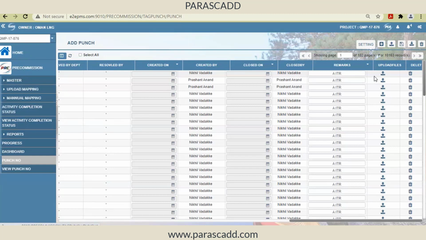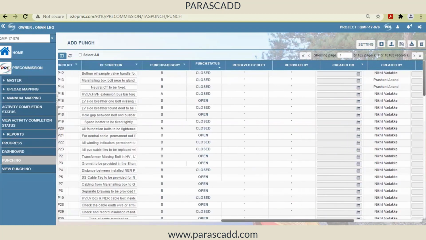So this is nothing but the copy of the document with respect to punch. If you wanted to upload, you can upload here also. Yeah, that is the signed copy. Signed copy, yes, once that punch is closed. So everywhere for ITR also, I'm uploading the signed copy of punch. For punch also, you can upload the signed copy, so that all the complete proof and documentation is residing within the system. And then it is monitored. Right, yeah, right, sir. Thanks.